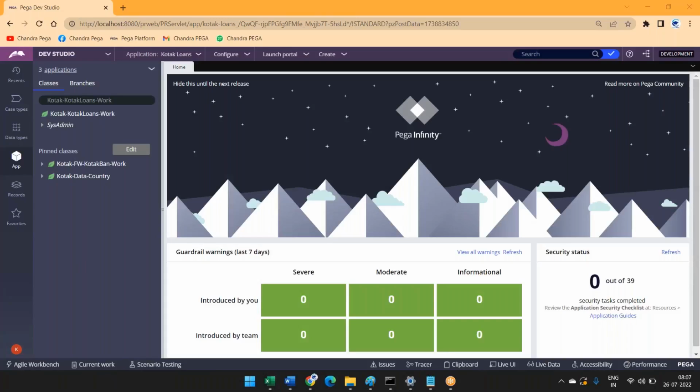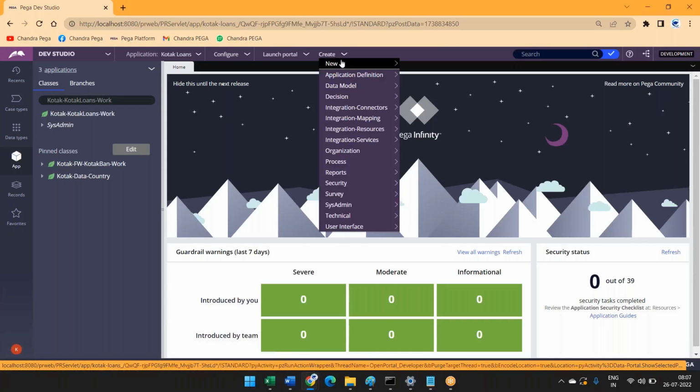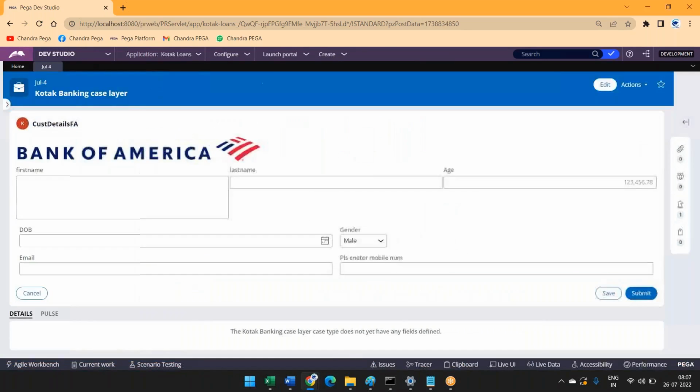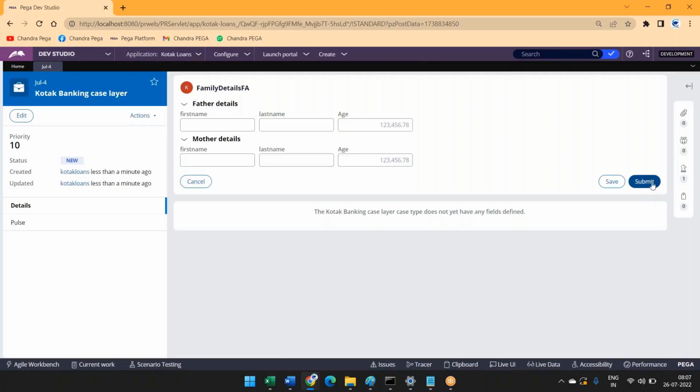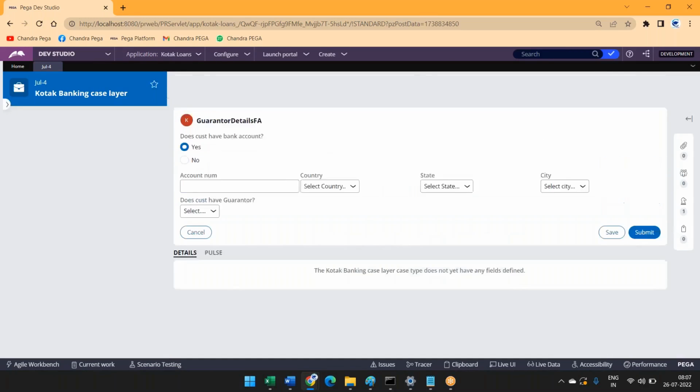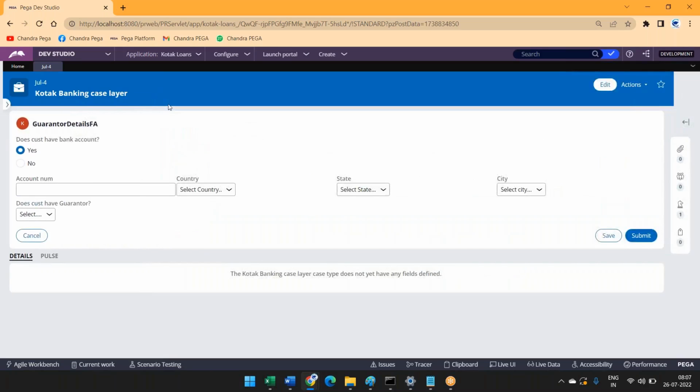Now let us see working with data transform with one basic example. So now if we are running this flow rule, we know we'll be getting screen number 1, and after that screen number 2, and after that screen number 3. So in screen number 3, if the customer is selecting something like S here, then we are collecting some kind of